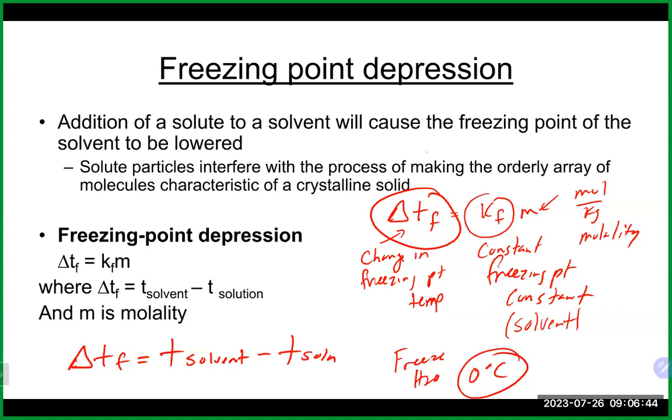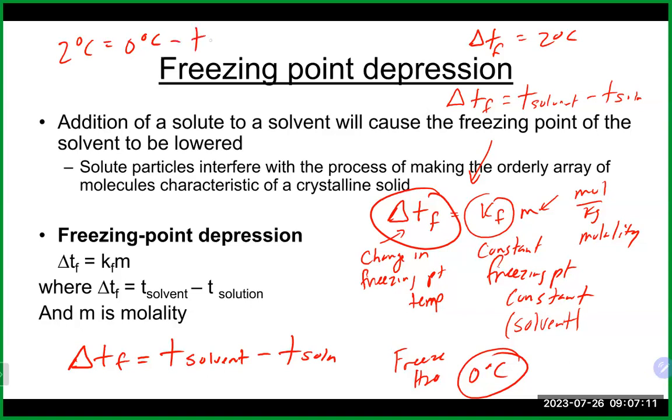So if we did this calculation here and we calculate delta T as being, say, 2 degrees Celsius, that means that delta TF, right, would be our normal solvent where it freezes, which would be water in this example, versus our solution. So that means that the delta T in my example would be 2 degrees Celsius equals 0 degrees Celsius, which is normally where water would freeze, minus the temperature of the solution we're dealing with, which means the temperature of the solution in this case actually will freeze at